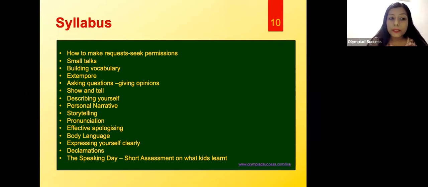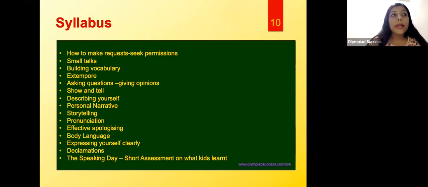So personal narratives, storytelling, which is a very, very important skill, pronunciation. Pronunciation is extremely important when it relates to speaking skill. Effective apologizing, how to apologize effectively, that makes sense and reflects sincerity.